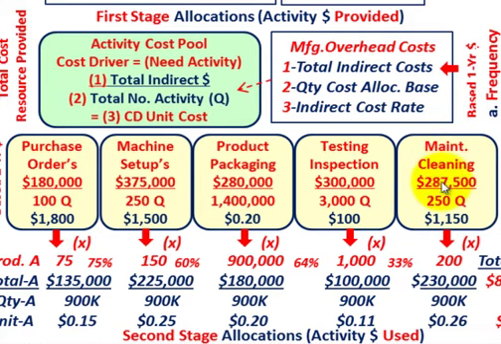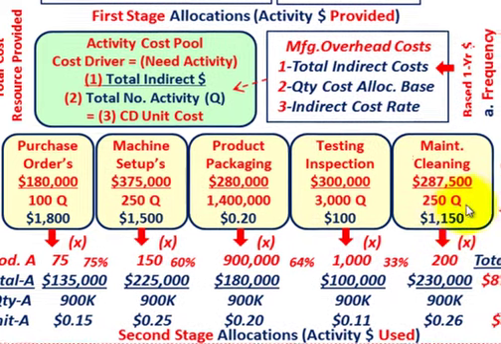Again, we're looking at $287,500 for the year, and we have a quantity of 250, or 250 times we have to perform that function. So that division, 287,500 divided by 250, gives us maintenance and cleaning per operation, or per batch, as you want to call it,